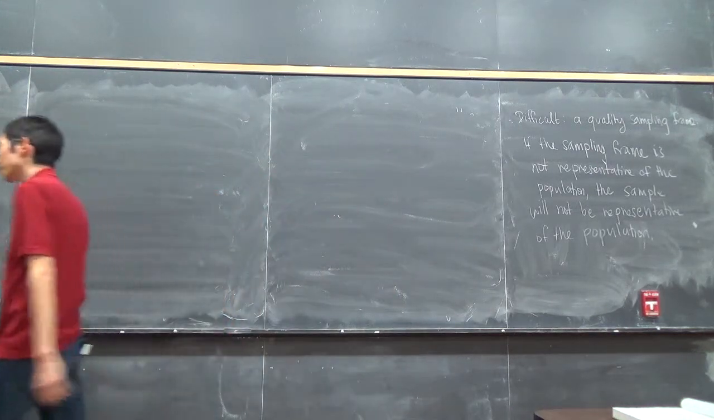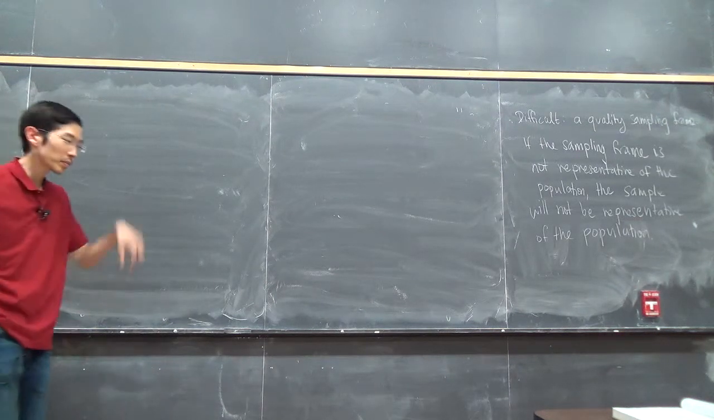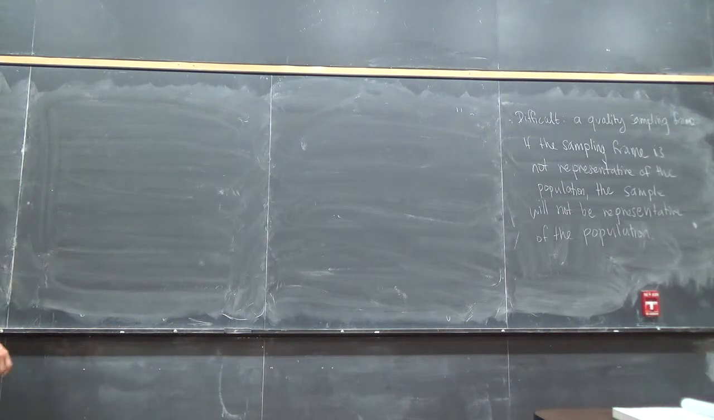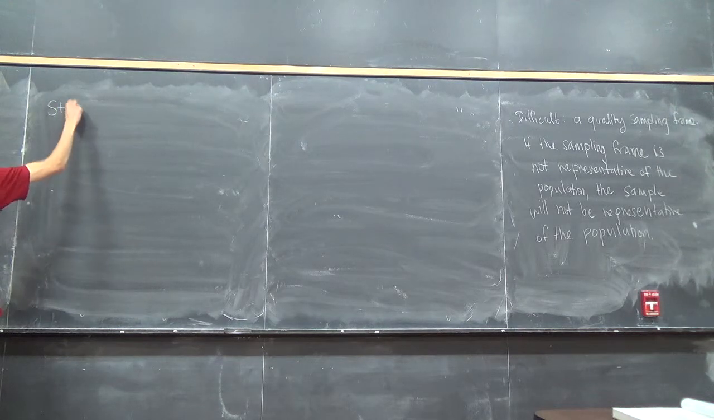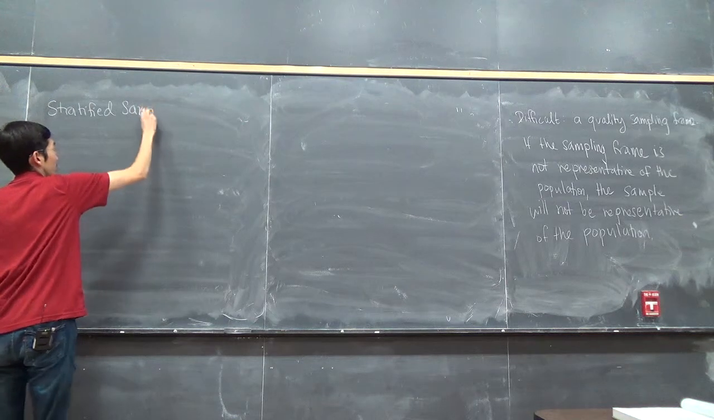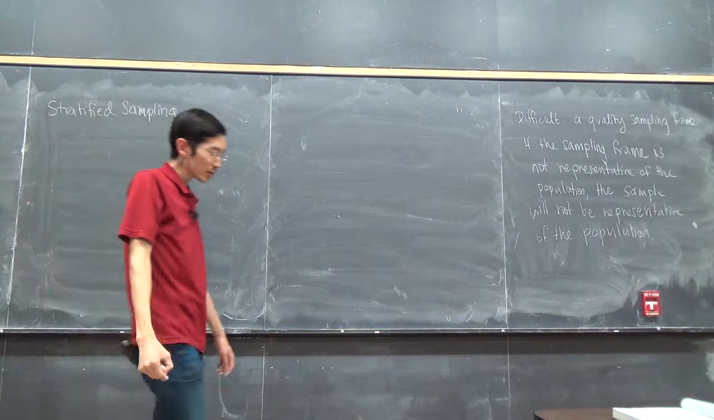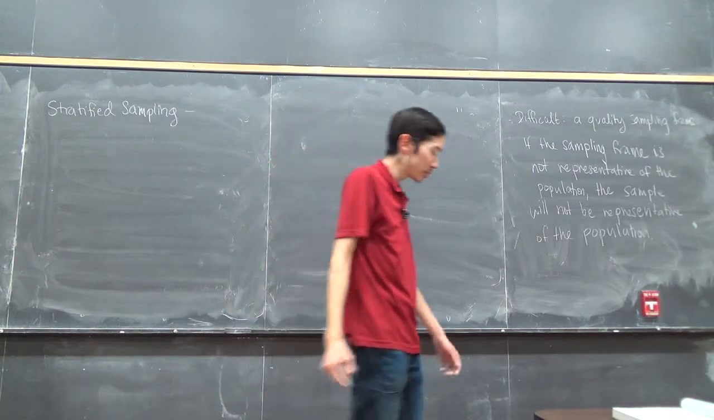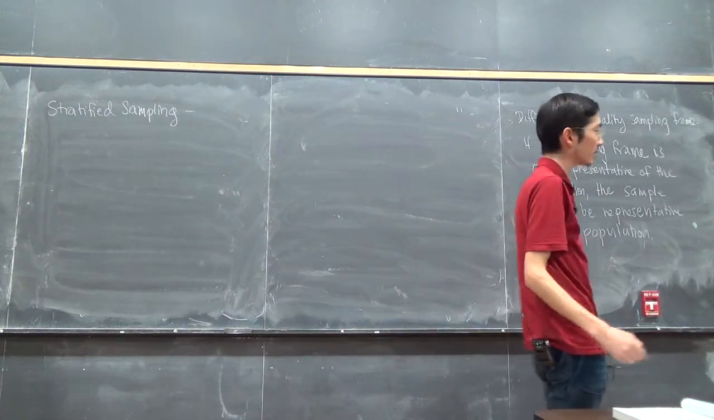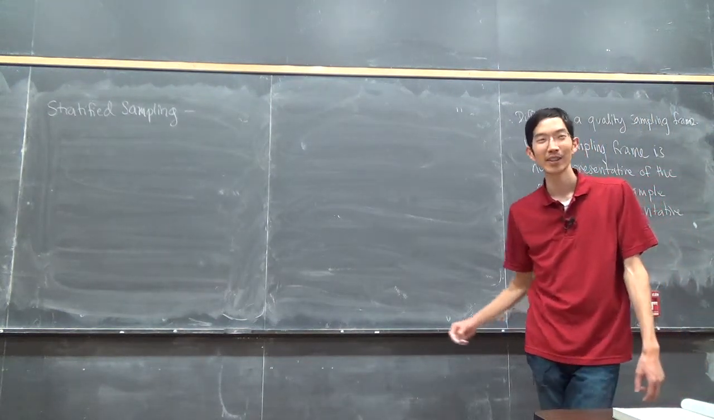Okay. Other methods. So that is simple random sampling. Sometimes we use other methods of sampling, okay? And I'm going to mention them here. We have something called stratified sampling. Stratified sampling, this is when we will use stratified sampling if we have a scenario where we don't trust simple